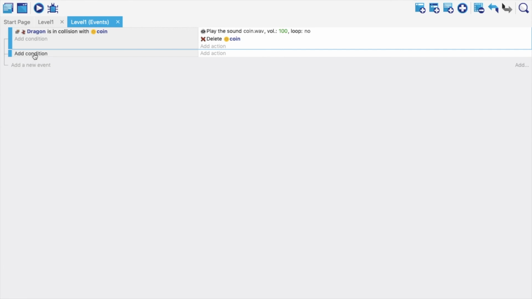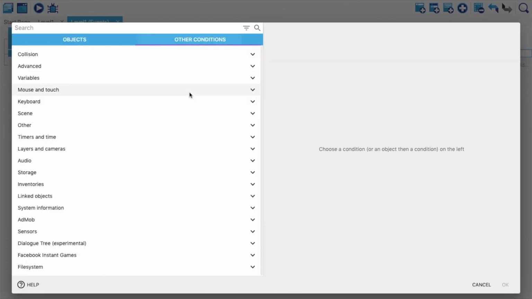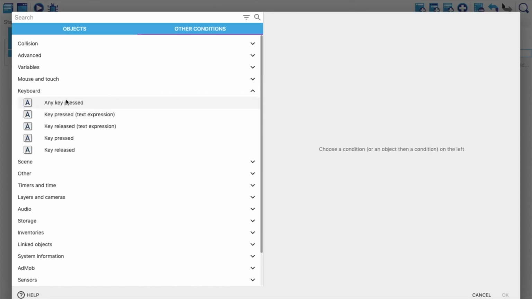So I'm going to click add condition, and obviously the condition this time is with the key, because it's the right key and the left key. So I have to go to keyboard and key pressed, right? Key pressed, because when we are pressing this key, what should happen? If I take the any key pressed condition, that's not highly specific.